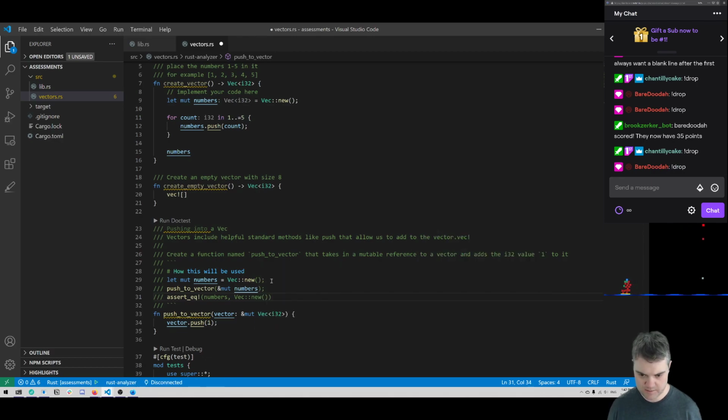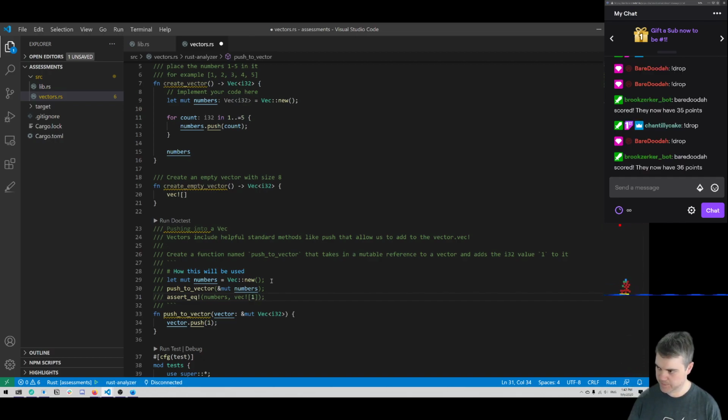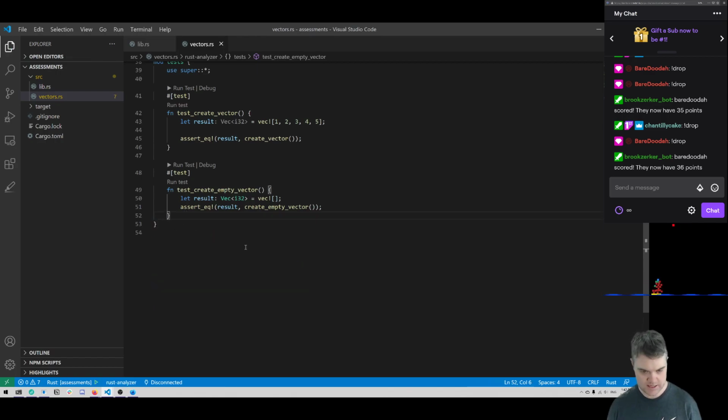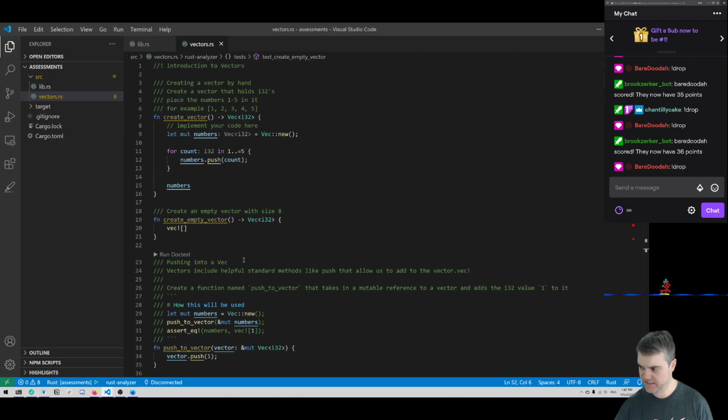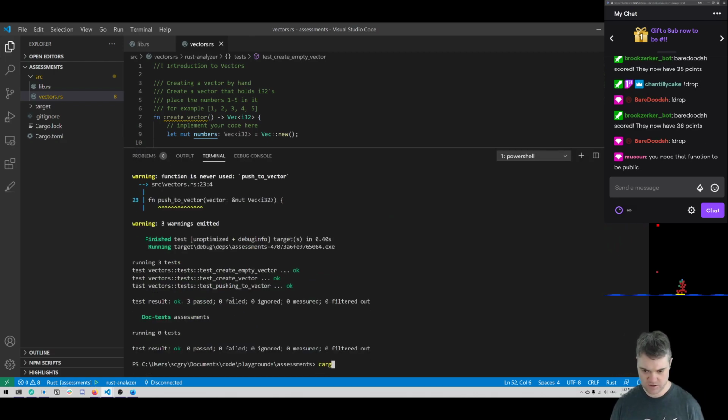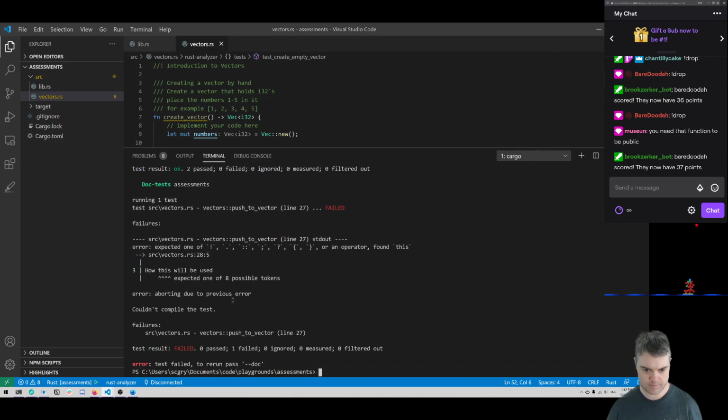I guess not that. I want a vec of one. Something like that. So if I do this, I don't need this test anymore. I'm now going to be doing this as doc tests. And so if I run cargo test,